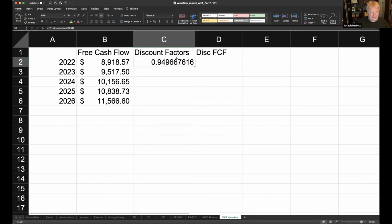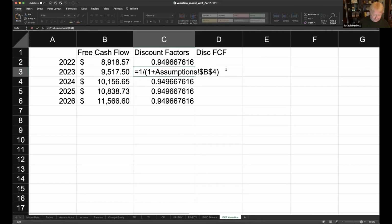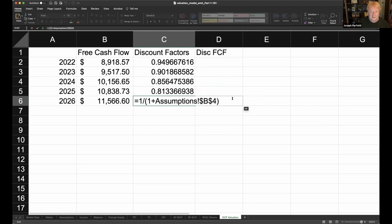So that when I copy this down from cells C2 to C6, it will always be 1 divided by 1 plus R, where R is B4. Now, again, it's to the power of N. So for the first year, it's 1 divided by 1 plus R, that's C2. And C3, this is the second year, 1 divided by 1 plus R squared. So at the end of this, Shift 6, 2 is squared. C4, 1 plus R cubed, Shift 6, 3. 2025 is 1 plus R to the 4th power, Shift 6, 4. And at the end, Shift 6,